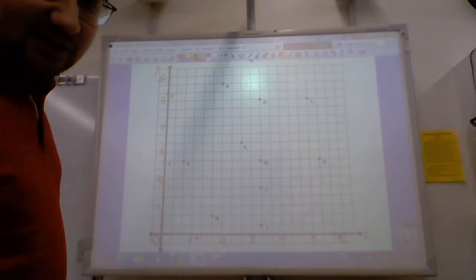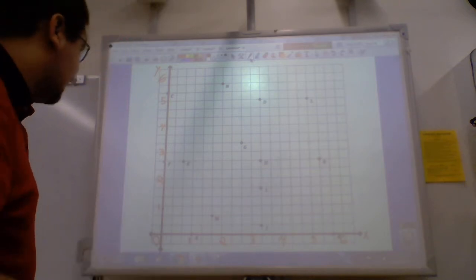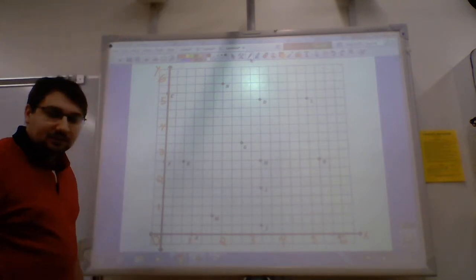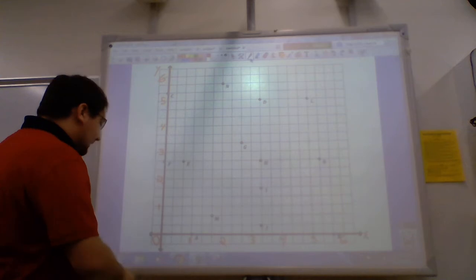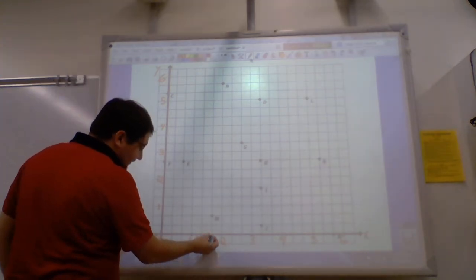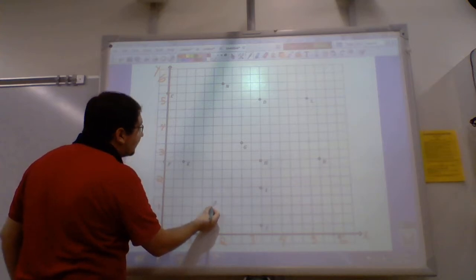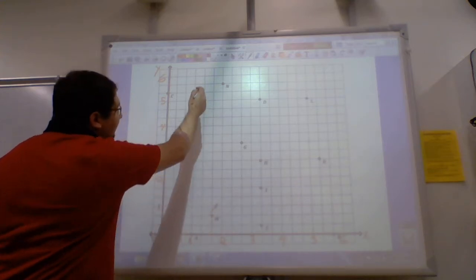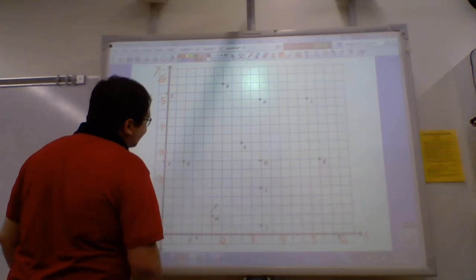First coordinates it gives us is 1 2/3 and 2/3. So remember, 1 2/3, our first number, is on our x-axis, so we need to go 1 2/3. Need to draw a line up from here. From the looks of things, there's nothing else that's going to be on this line, so I'm going to stop